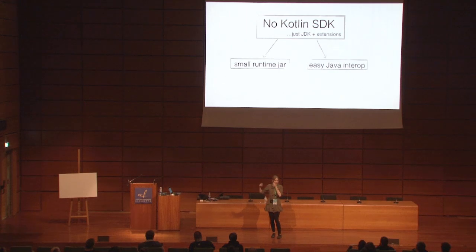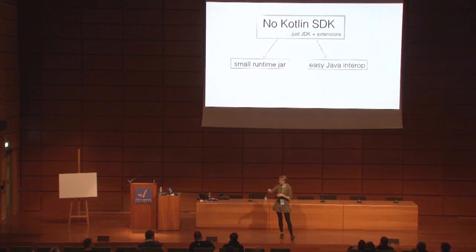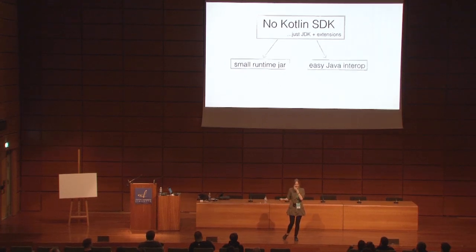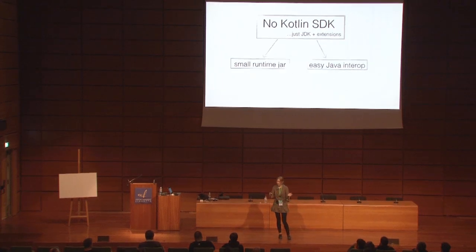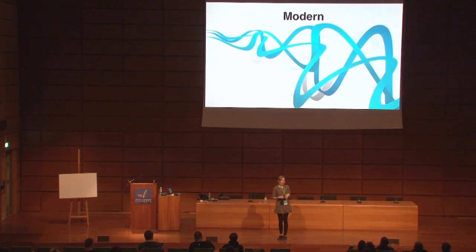And because of that, you at first have this small runtime jar and a small method count, and what's more, we want to decrease this number even further later. So at first you have a small runtime jar, and secondly, you have very easy interop with existing Java code. Because you do not have other collections, you do not have to convert or wrap every time. It's very easy to mix. Okay, so now it was some kind of introduction.